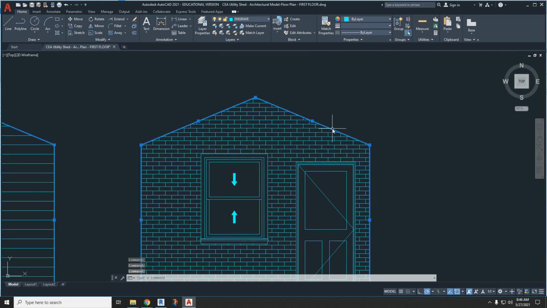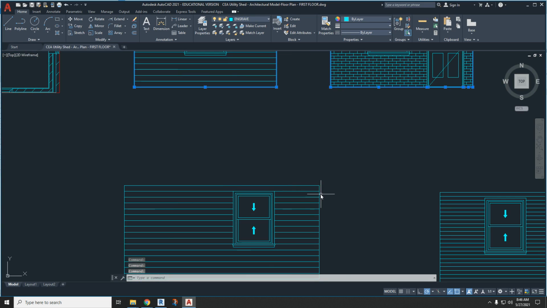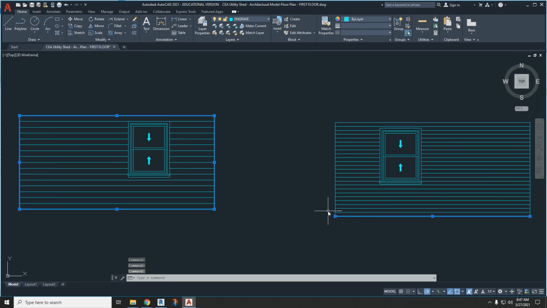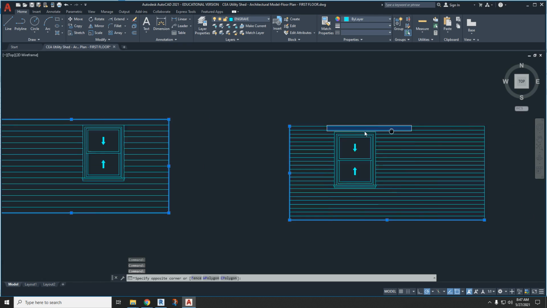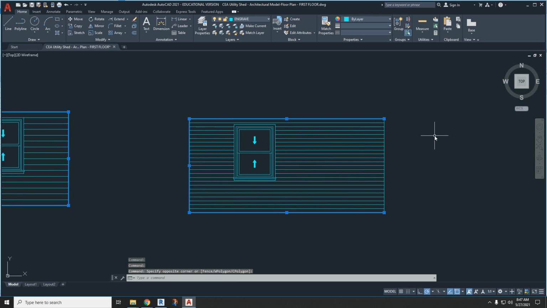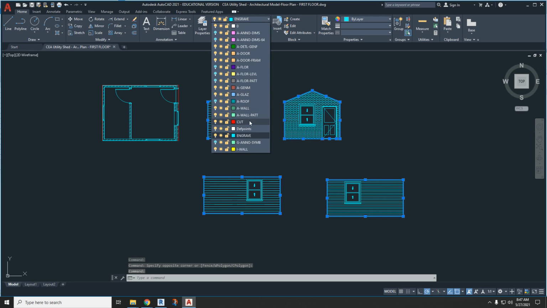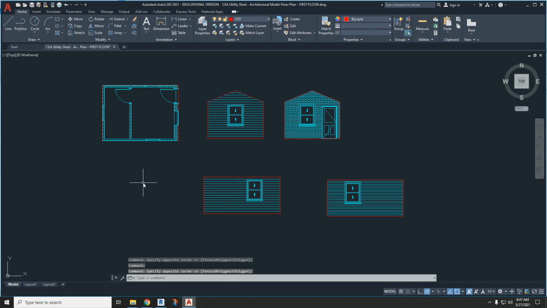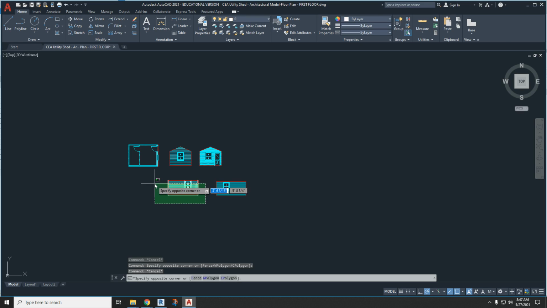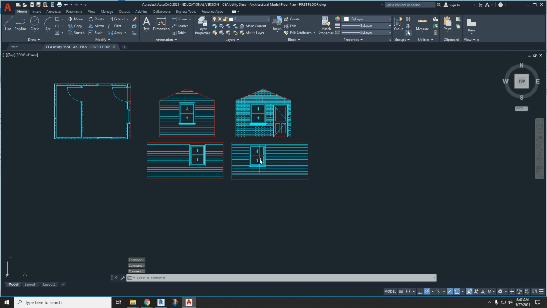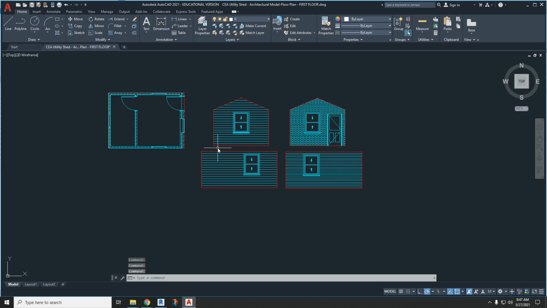Okay, here we go. Oops. All right, so change that all to cut. And now it's just about arranging it. And now it's ready to be sent to